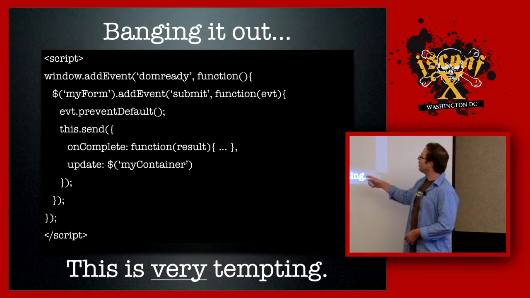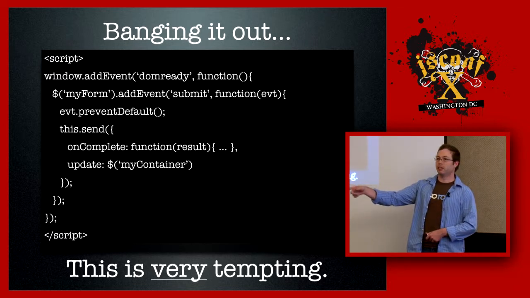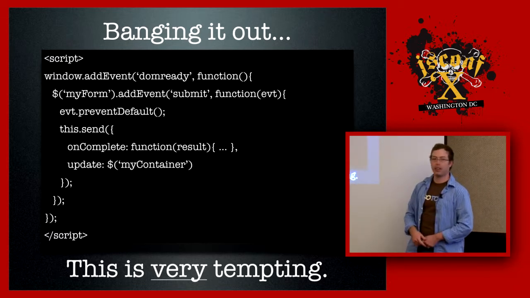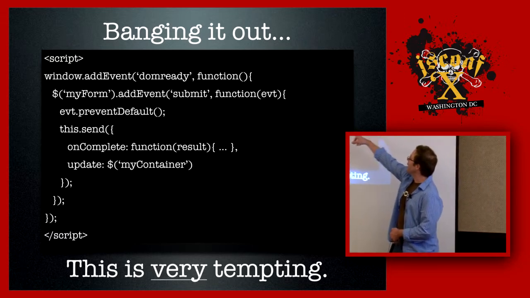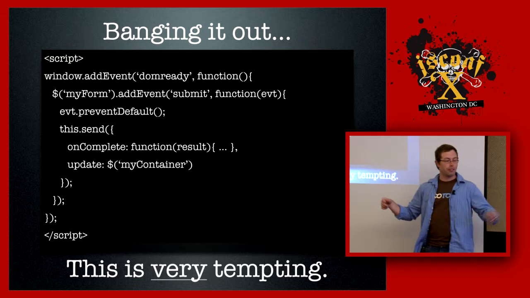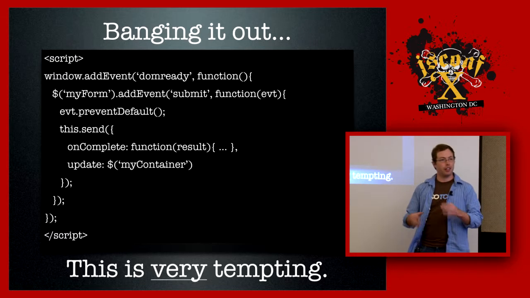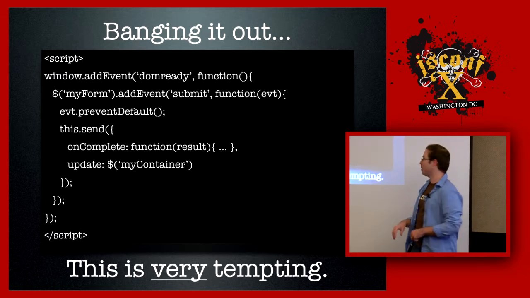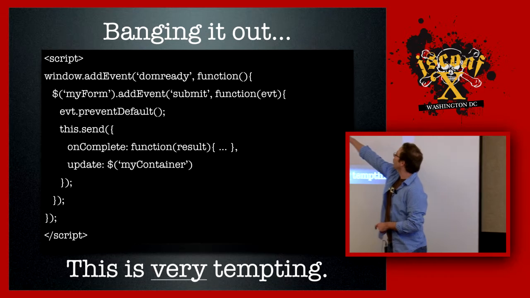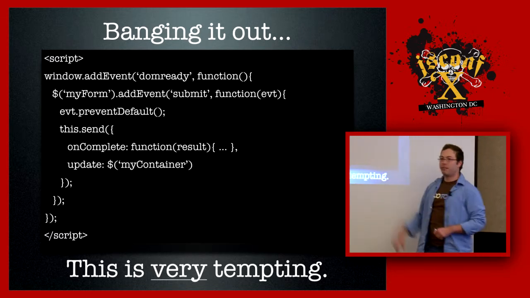And the other option is that you're looking at the page, and you're like, oh, I want that input to be an autocomplete. So I'm going to write some code to make that happen. And this example actually says I'm going to take a form. This is Mootools syntax, but it doesn't matter. This talk isn't about one framework or another, really. And actually, as I go through this talk, you'll see I've implemented most of my examples both in Mootools and Dojo to show that a lot of these concepts exist, and they aren't really about a framework. So anyway, this says, hey, go grab a form and add a submit event to it and stop it when the user submits the form, and then send it with Ajax and update some container. OK, I've got my Ajax form done.